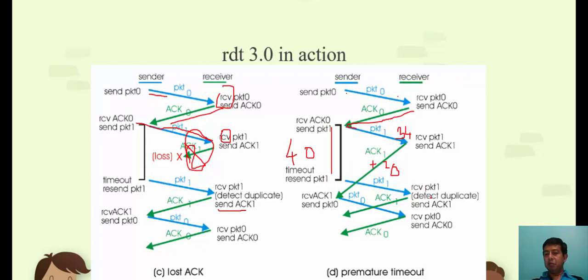So again, it receives a duplicate packet. Which duplicate packet? That packet 1. It has received a duplicate packet. It was delayed, but it received a packet. But again, no problem. It has received a duplicate packet. It can simply delete this duplicate packet. It again sends an acknowledgement for this packet. And then